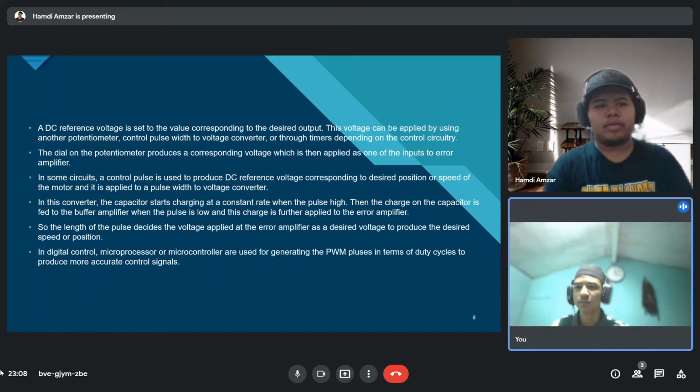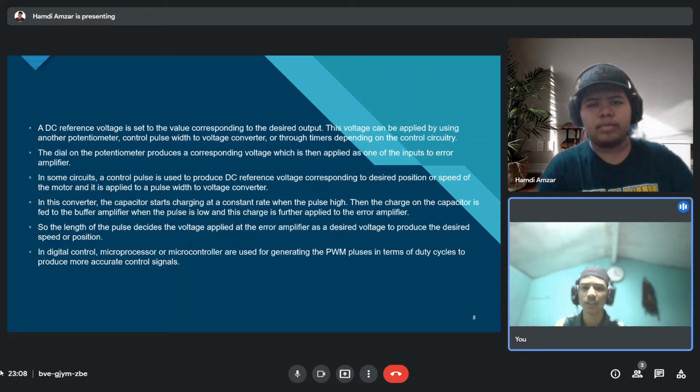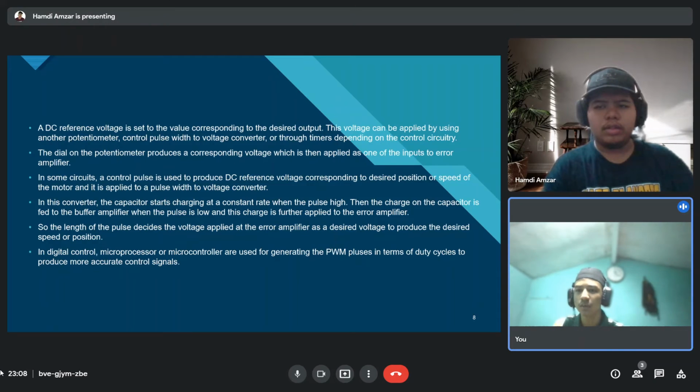DC reference voltage is set to the value corresponding to the desired output. This voltage can be applied by using another potentiometer, control pulse width to voltage converter, or through a timer, depending on the control circuitry. The wiper on the potentiometer produces a corresponding voltage which is then applied as one of the inputs to the error